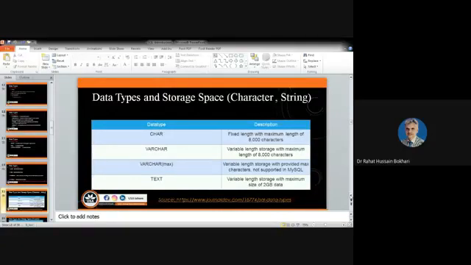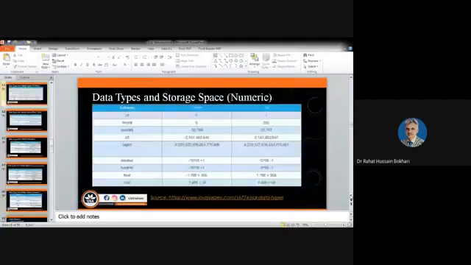We must confirm, when we are using it, with the manual of SQL, the manual of MySQL, which data types that product supports; that is given there. So this is the numeric data type. This is bit, tiny integer, small integer, big integer, decimal, numeric, float, real. Their minimum and maximum values are written on the right side in the two columns.